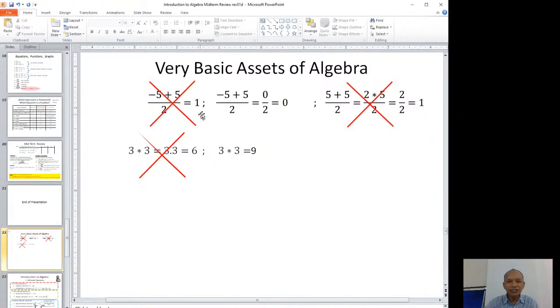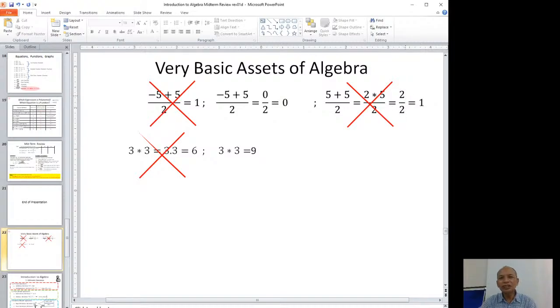You see, number one here, negative 5 plus 5 divided by 2 equal 1. No, it's a mistake. Negative 5 plus 5 is 0. 0 over 2 is 0. Okay, and then 5 plus 5 over 2, it means 2 times 5. 2 times 5, it means 5 two times. 5 one time, 5 two times. So 2 times 5 divided by 2, it means